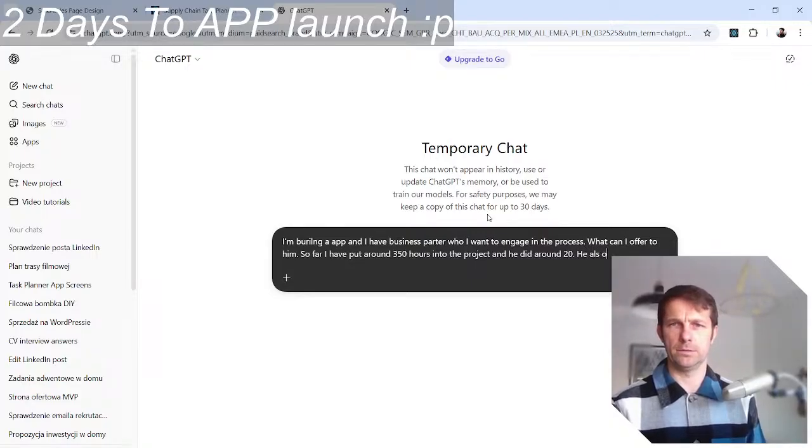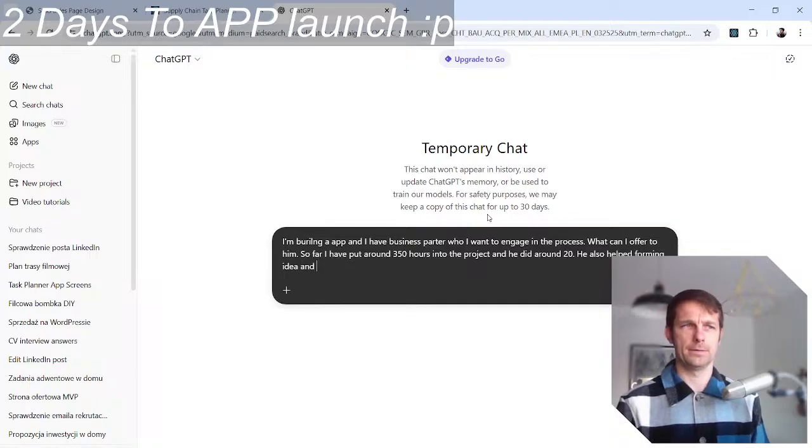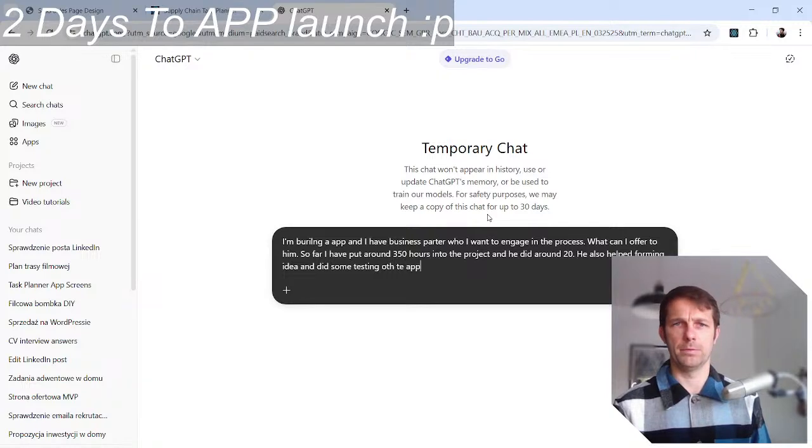He also had the forming idea and did some testing of the app.